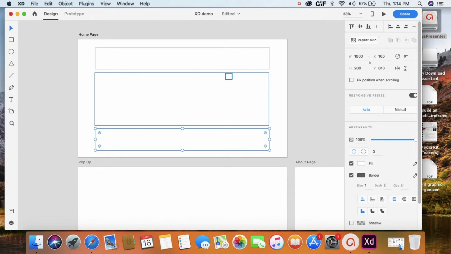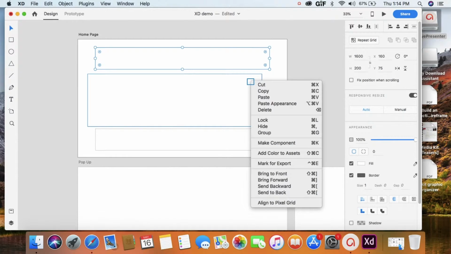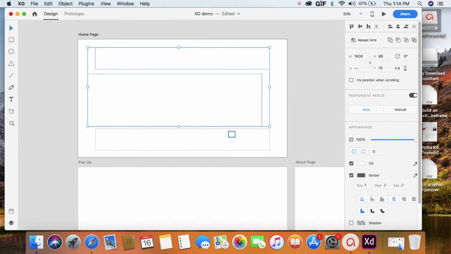And then I just went ahead and hit Control C to copy the image above, or the rectangle above, and then Control V to paste it, but it ended up in the same spot, so I just went on ahead and dragged it down underneath the second rectangle. So you can see they're not really lined up, so what I'm going to do is hit Shift and then